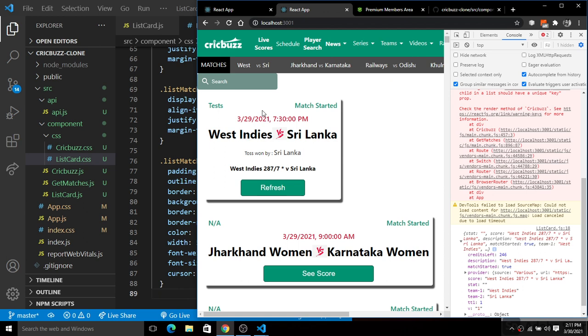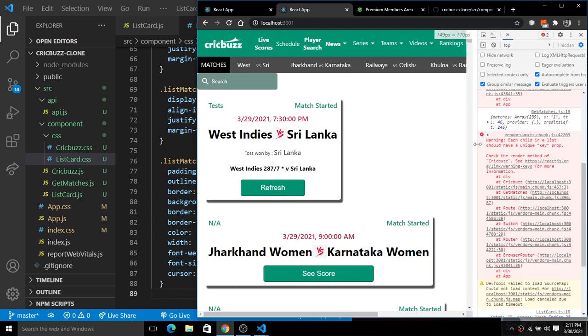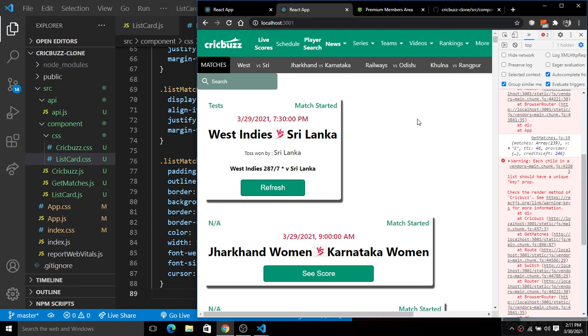It is up to all of you guys to make it attractive or make it smart, very UI friendly. If I make it UI friendly, it will take a lot of time, because my main focus is on how to integrate the third party API to render all these things on the screen, or simply use these things here.